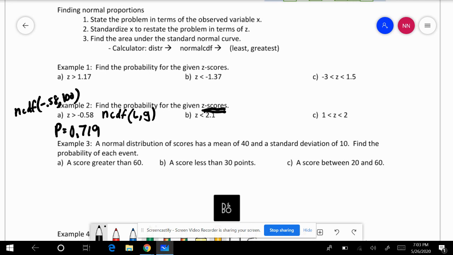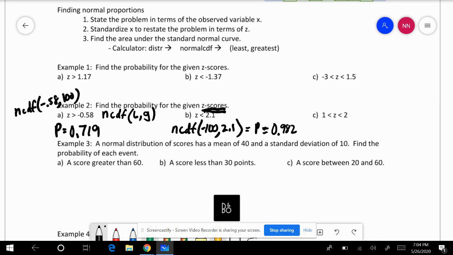Now, if we're looking at this next one, notice it's less than. So when we use the normal CDF, it's going to be negative 100, comma, the 2.1. And the reason that it's negative is because it's going to the left. So we need to think of a really large negative number. And when we do that, what we get is a probability that is equal to